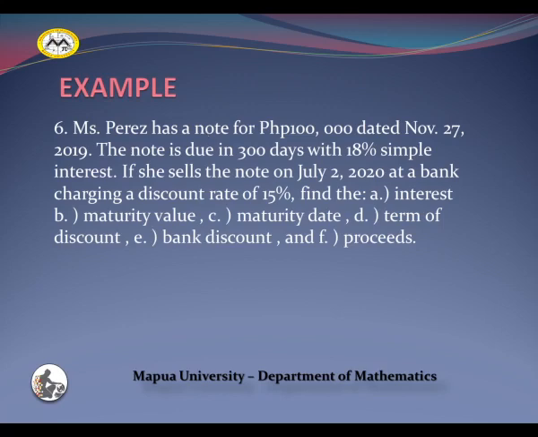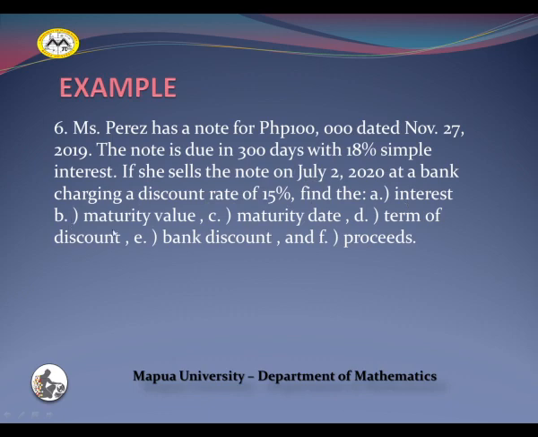Now, this is an example of the combination of simple interest note and bank discount note, wherein the given problem is that Ms. Perez has a note of 100,000 pesos dated November 27, 2019. And then the note is due in 300 days with 18% simple interest. Now, if she sells the note on July 2, 2020 at a bank charging a discount rate of 15%, find